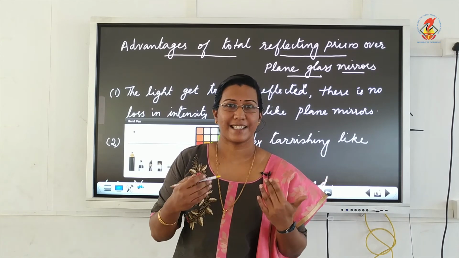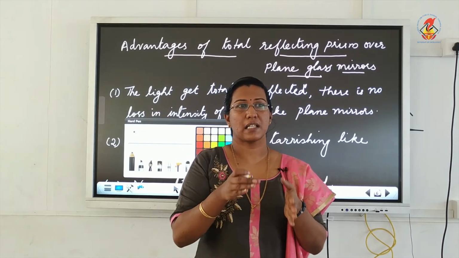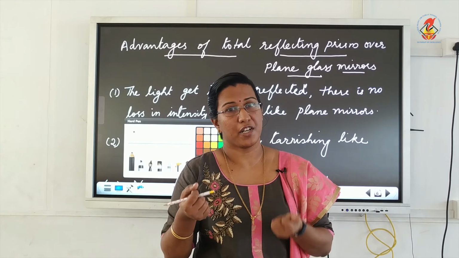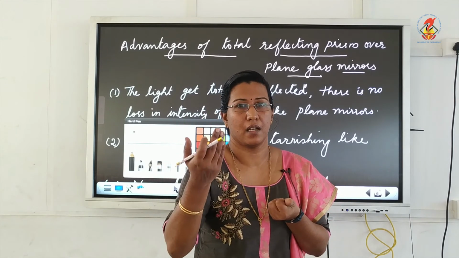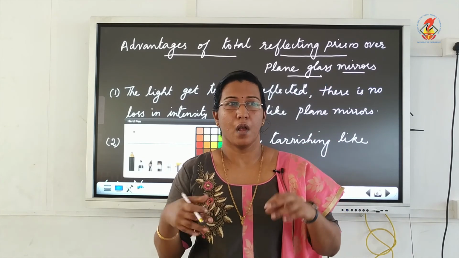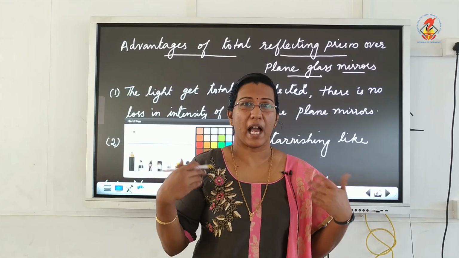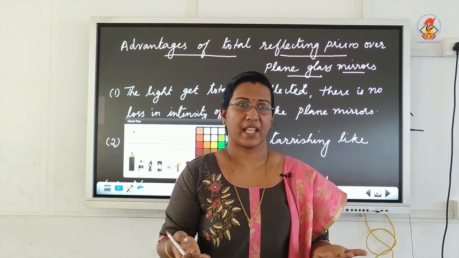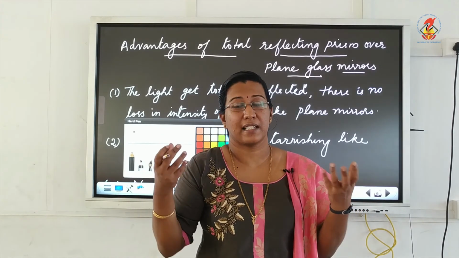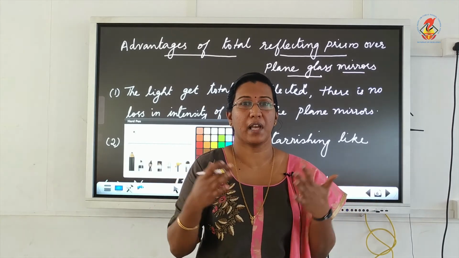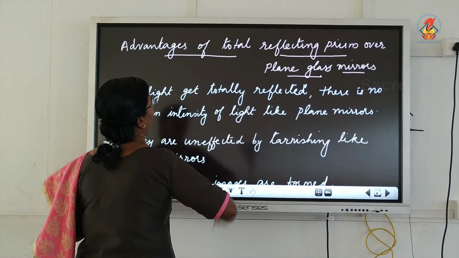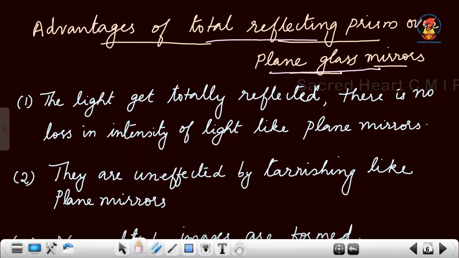But it has certain disadvantages, because once the light ray enters the glass of the mirror, there is a chance of absorption, which means the intensity of light obtained at the output, the one which you see, will be comparatively less. And it has a silver coating at the back, I told you. So after using it for a long time, you have to paint the silver coating again, and due to moisture or any dust in your room or wherever it is kept, it can get tarnished. So all these problems can be avoided by using a total reflecting prism. So what are the advantages of a total reflecting prism over a plain glass mirror?